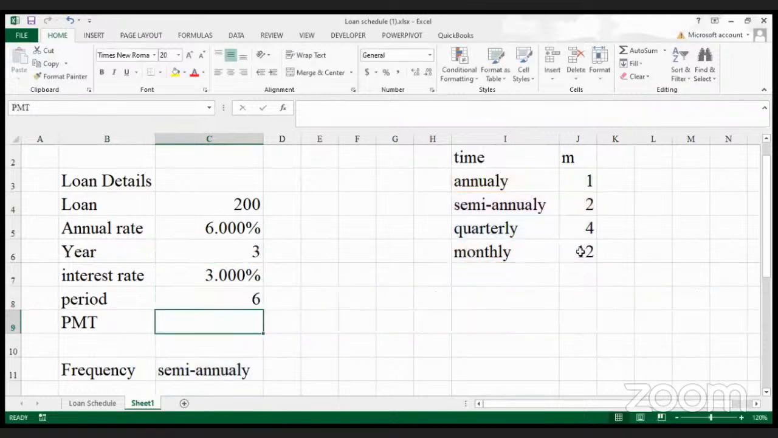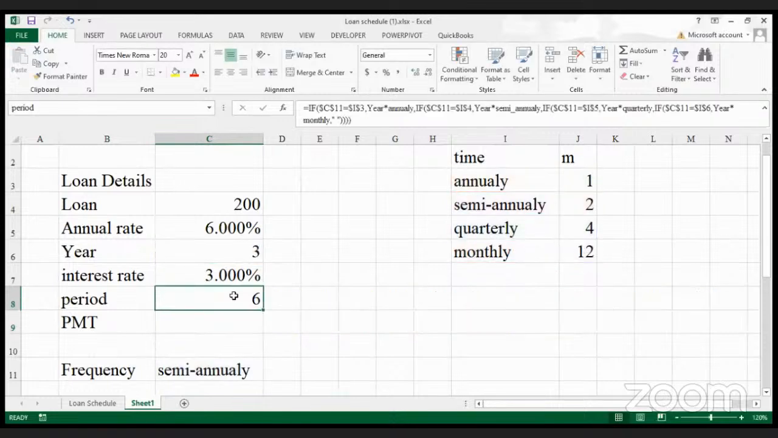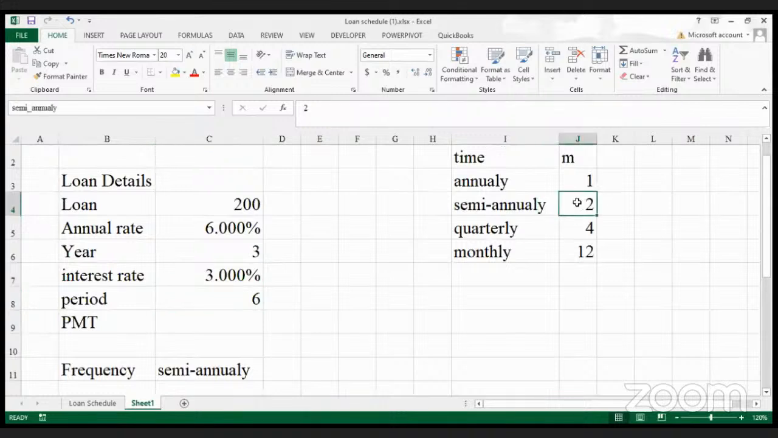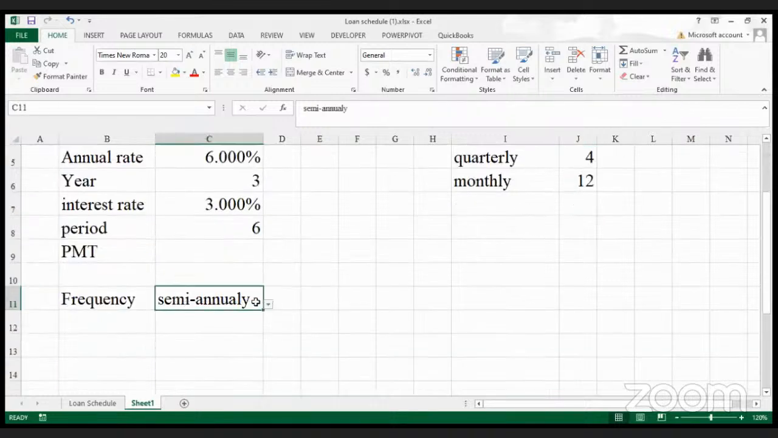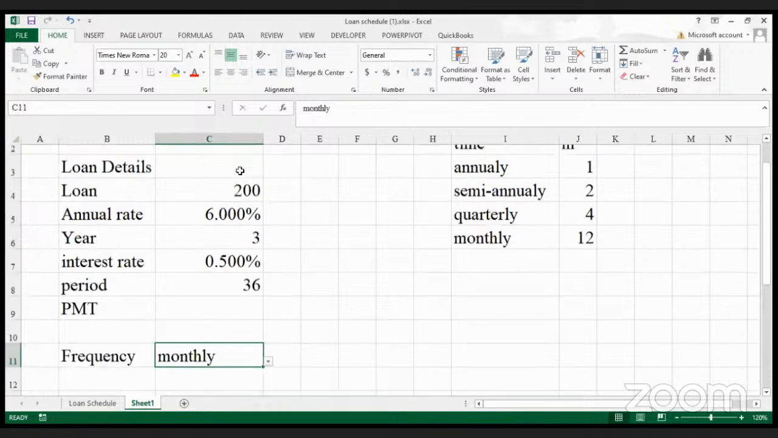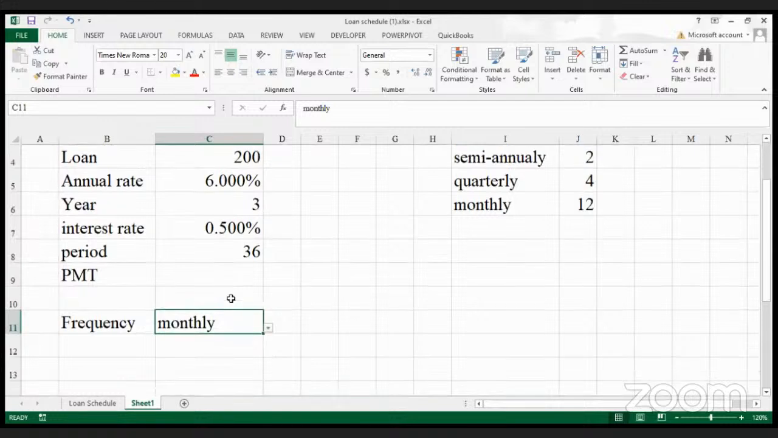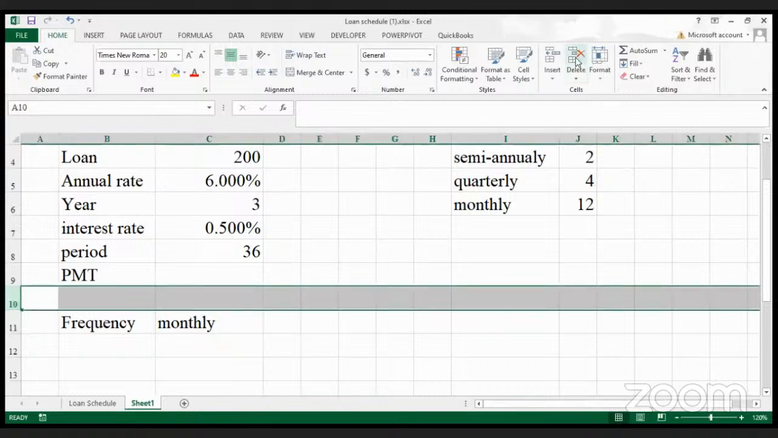all the brackets. So if we do it that way, you can now see, if we pick semi-annual, we are going to have 6, which means it is taking 3, multiplying by 2, the frequency of payment in a year. So if I say monthly, I expect it to take 3 years, multiply by 12 to give me 36, but now take 6, divide by 12 to give me 0.5%. So that is how I have automated my loan section. That's how I have automated the first part of the loan